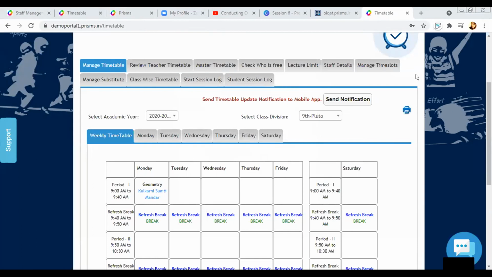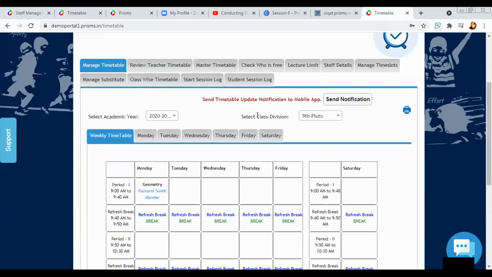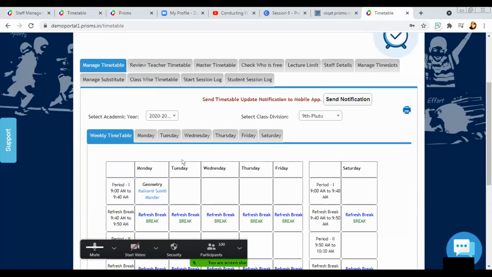Excuse me, ma'am. Yes, ma'am. Everything needs to be done from admin side only. Yeah, the setup is completely from admin side. The teachers just have to share whichever platform you're going to choose, Zoom or Meet. They need to share their personal meeting IDs to the admin. Okay. Thank you. Means if there is any change in timetable, the teacher would not be able to change by their end. Oh, no, they won't be able to change by their end. Okay. They need to inform the admin if there is any change. Okay. Thank you, ma'am.